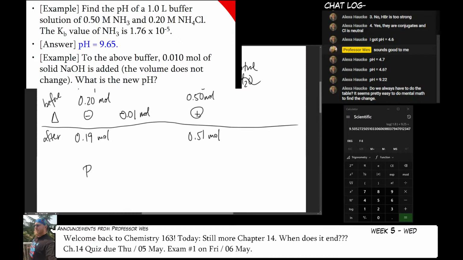And then I can say pH equals pKa plus log of base over acid. And so that's going to be, I've already forgotten what the pKa was. I'll just calculate it again real quick. So there's my Ka, or I'm sorry, that's Kb. So minus log, and then that subtracted from 14. So I have 9.25